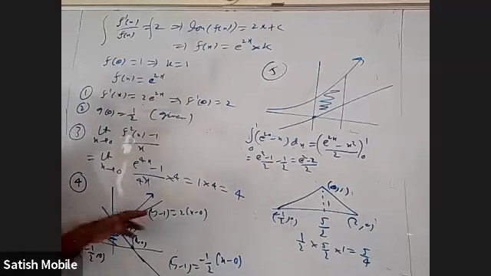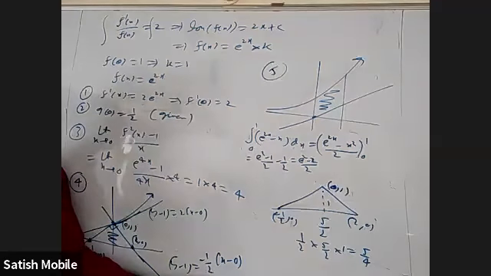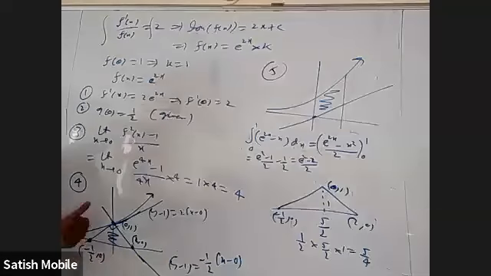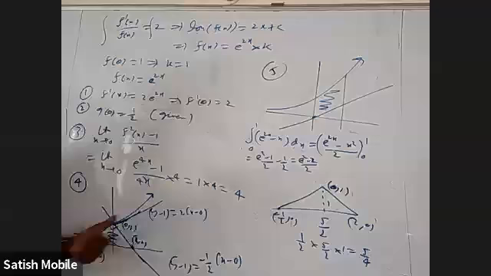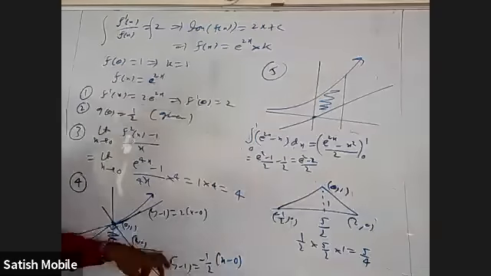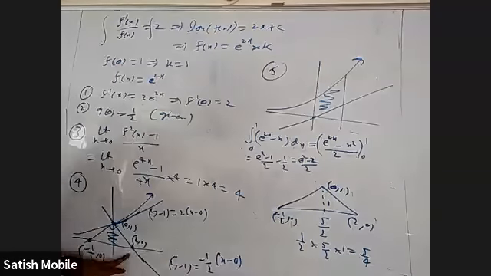Similarly, equation of normal, slope of tangent is 2, slope of normal is minus 1 by 2. And you know the point. So we found the intercept. What is the x-intercept of this? Put y equal to 0, we got minus half. In the normal, put y equal to 0, you get 2 comma 0. So you know all the three corners of the required triangle. From that you can find area. Is it okay? Okay, sir.